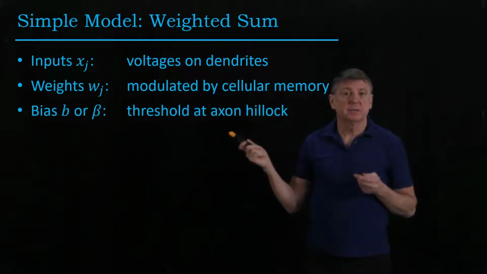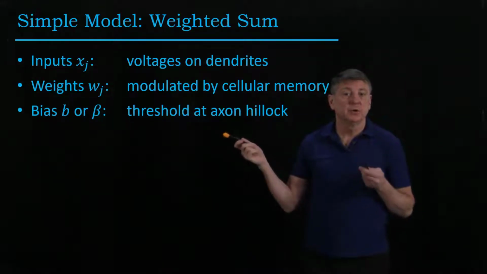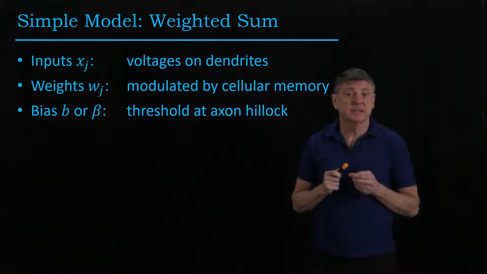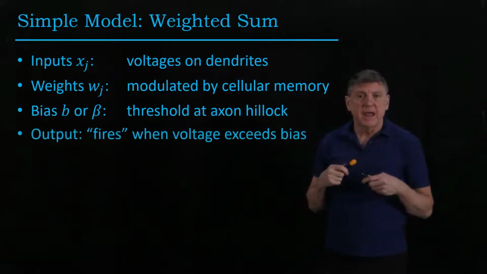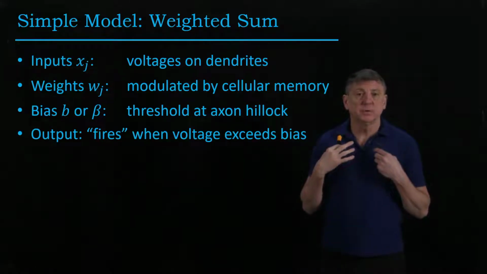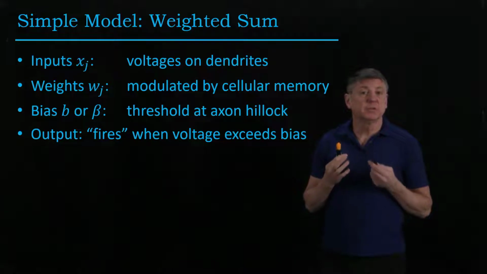And the bias will be either the value beta for a very brief time, but usually in neural networks is referred to as a bias scalar B. This we can think of as the threshold at the axon hillock. And the output, which is what the neuron responds to, is that it will fire when the summed voltage exceeds this